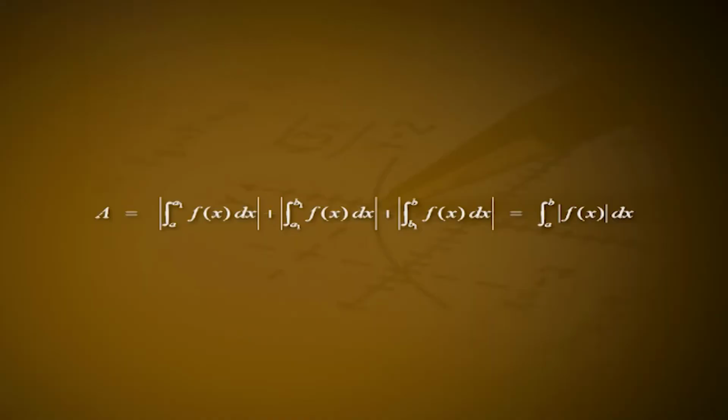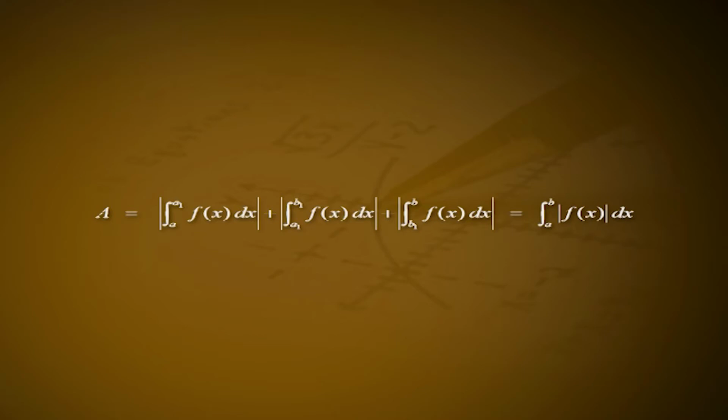Thus, if f(x) changes sign on the closed interval [a, b] a finite number of times, that is, if the graph, that means the curve y = f(x), crosses the x-axis several times, then the total area bounded by the curve is the sum of the areas bounded above and below the x-axis, with absolute value taken for the areas when f(x) ≤ 0, that is, below the x-axis, or equivalently A = ∫ from a to b of |f(x)| dx.